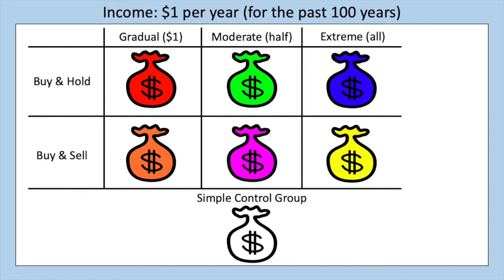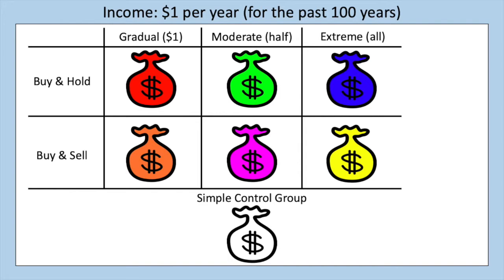Now, our final 3 investors will be very similar to the first 3. The only difference is that they are willing to sell when the market reaches an all-time high in an attempt to lock in profits. For example, the orange investor will buy $1 worth of the Dow Jones when the market is at a relative low and will sell $1 worth of the Dow Jones when the market is at an all-time high. The pink investor will spend half their bank on the Dow Jones at a relative low and sell half their position at an all-time high. The yellow investor will do the same, but with all of their cash and all of their position instead of just half.